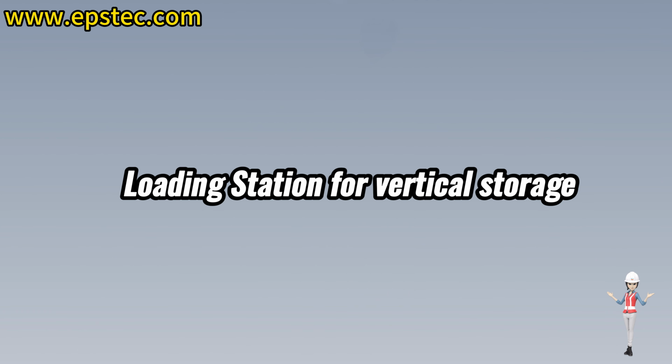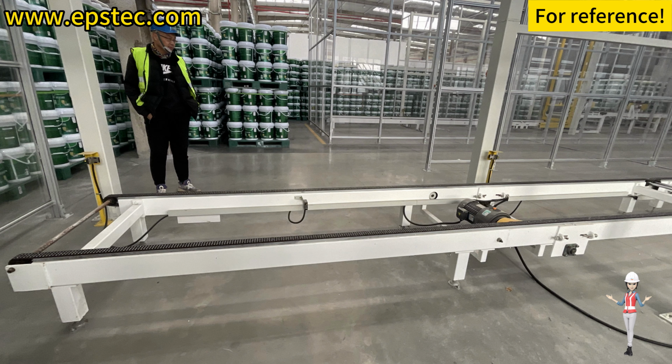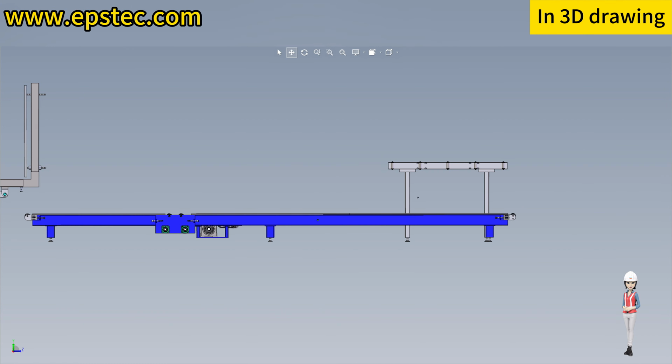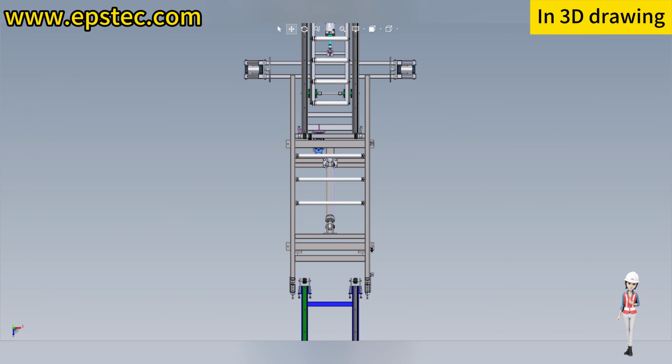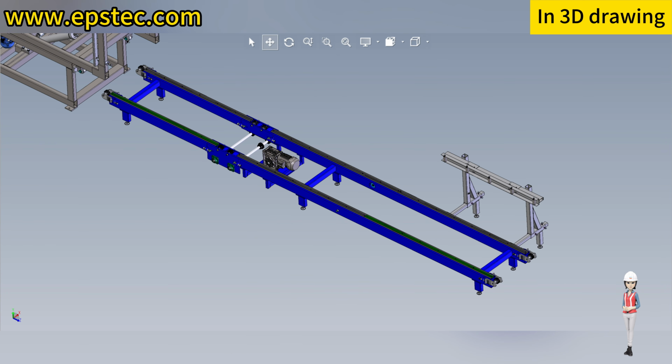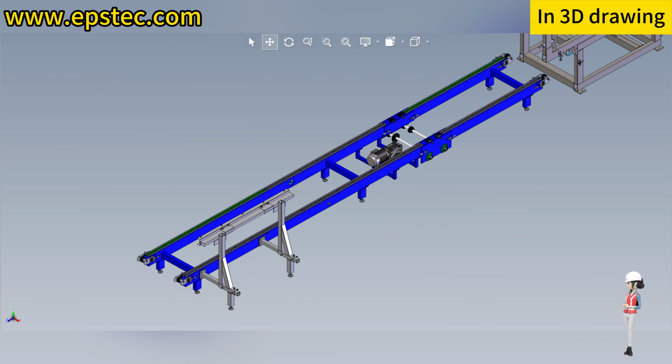Loading station for vertical storage. The forklift operator clamps the EPS block at this loading station. After the two photoelectric sensors detect our signal, the chain conveyor belt stops. After placing the EPS block on the chain, the forklift moves backward. After the forklift completely exits and reaches the set delay time, the chain conveyor restarts and moves the EPS block